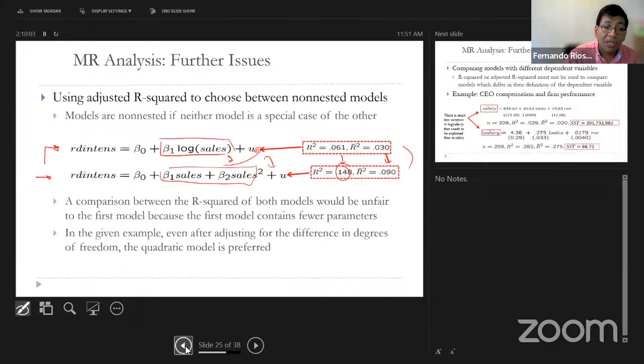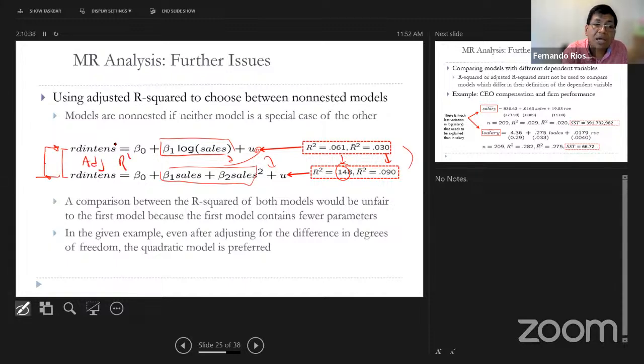Okay, so the adjusted R-square can be used to compare models like these that are not nested, by just looking at which one has more predictive power. There are other methods that can also be used to test which one of these two models is better. I'm not sure if I include that here, but you can look into Wooldridge. It has a procedure to test two non-nested models. But what I want to emphasize here is that I can still compare these two models using the adjusted R-square,